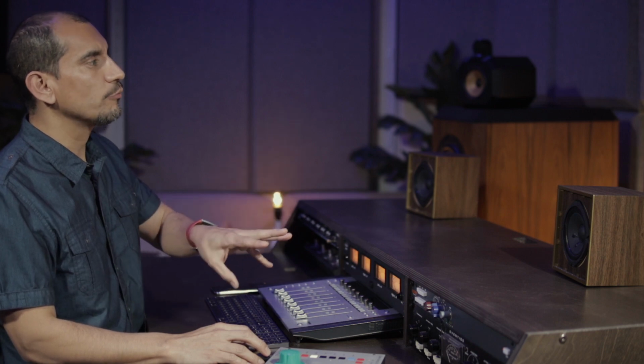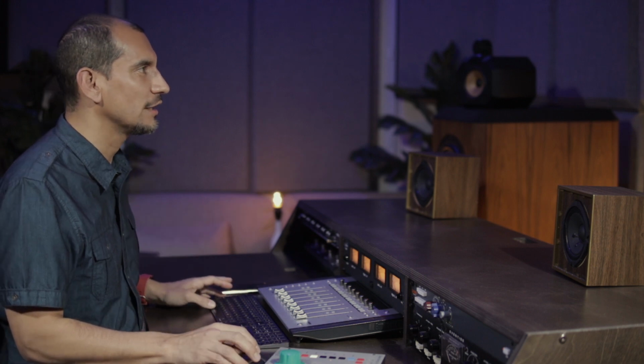Not here, but in certain parts of the song, especially when there's sound effects, I might be clipping around 1 or 2 dB, so not a lot. Next up,